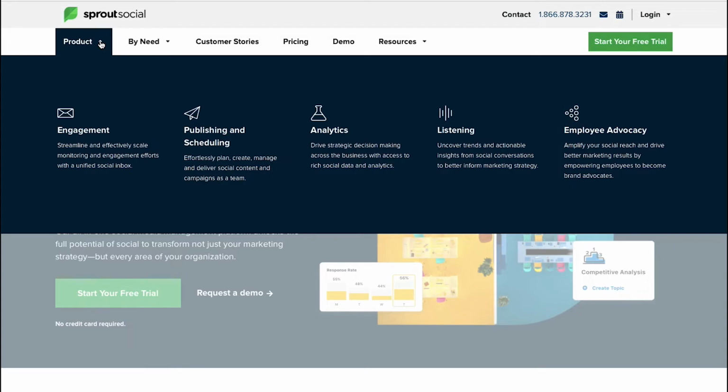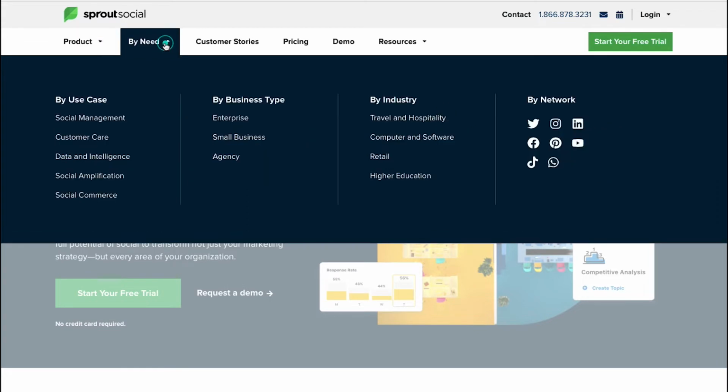You can also use Sprout Social according to your requirements. To know more, click on the By Need menu at the top navigation bar, and here you can see how you can use Sprout Social according to your need. You can use Sprout Social by use case, by business type, by industry, and by network. Under by use case, you can use Sprout Social for social management, customer care, data and intelligence, social amplification, and